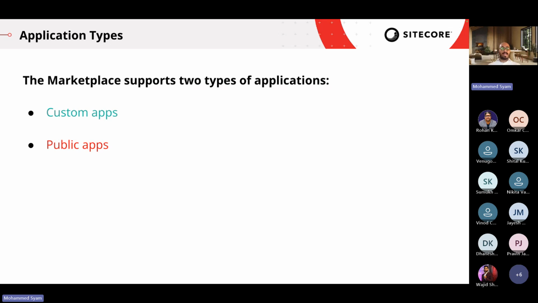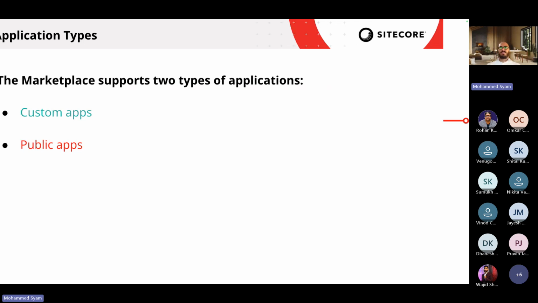Just so you know, the public apps is not available now. It's not released yet, but it's coming soon. So now we only can create custom apps. So you specify that the app can be used by your current organization, by any other organization, or you just need the organization ID and you can enable the app for it, but it's not available or open for everybody, basically. And I will show you a screenshot about that and how that option is currently disabled, but Sitecore is saying